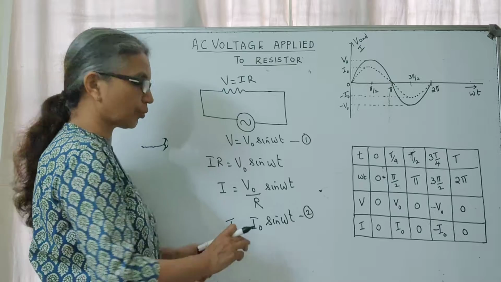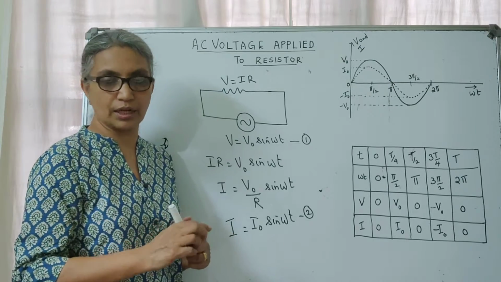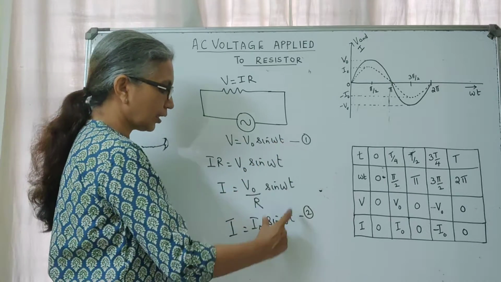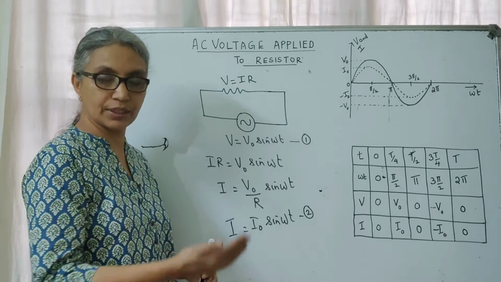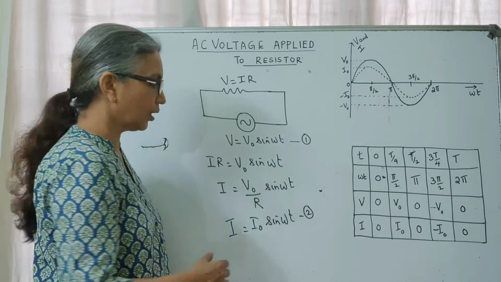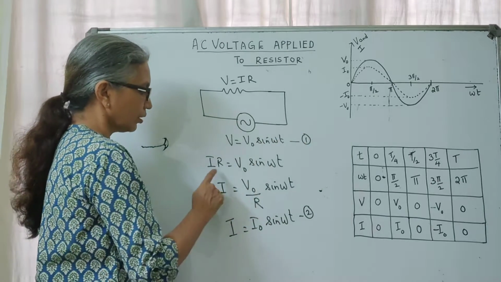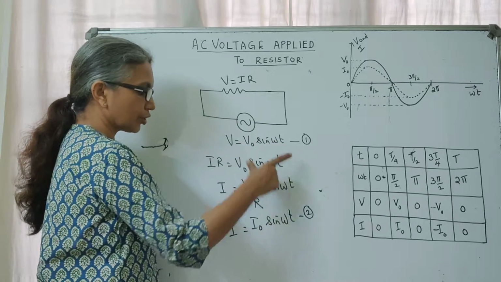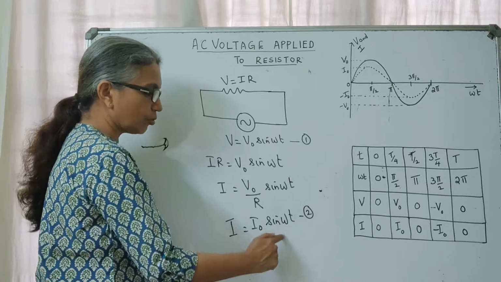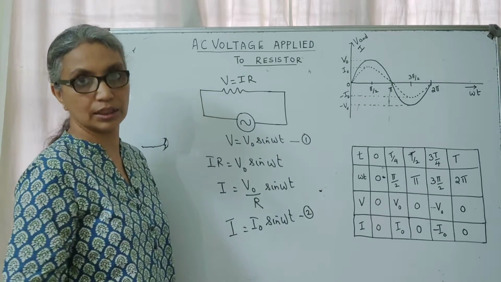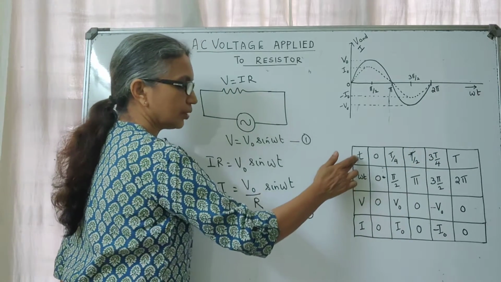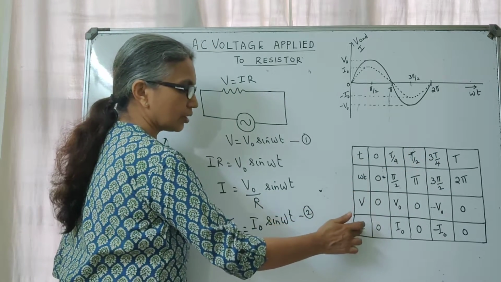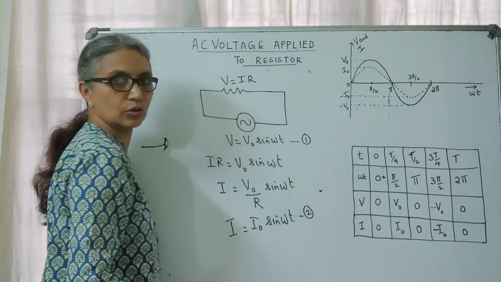Now, if I look at the two equations for voltage and current, you will see that they are in phase. I hope you remember what you mean by phase from our previous classes. Anyway, let me show it to you. So you see this function and you know that the voltage and current in this circuit are in phase, meaning I have plotted the values of time, the voltage and current with respect to time and angle omega t.